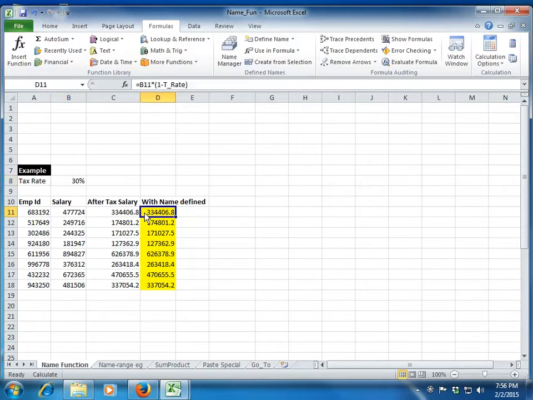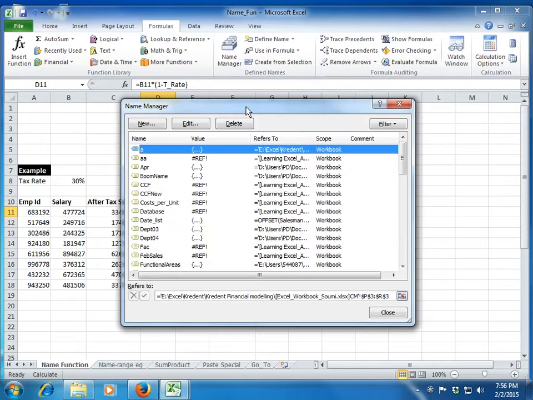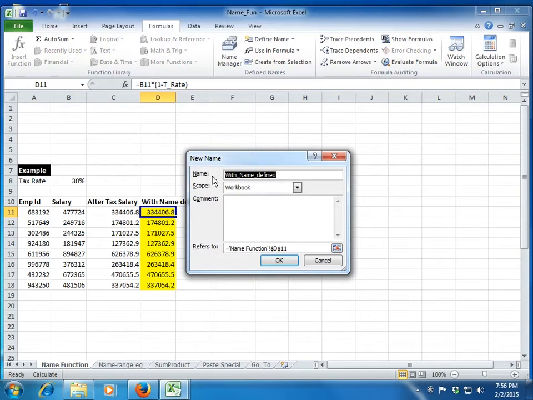Right. So again you see that the name reference has been created, and Excel rewrites this formula correctly for us, because now it recognizes the T rate word in exactly the same manner, that is referring to B8. Clear? So this is how we define a name in an Excel sheet. The keyboard shortcut for name manager is Control F3. If I press Control F3, you see this name manager window appear, and you can now play around with the names. Again, instead of using the define name option, you can also click on new, and it will give you this define name window, the same window which we just explored.